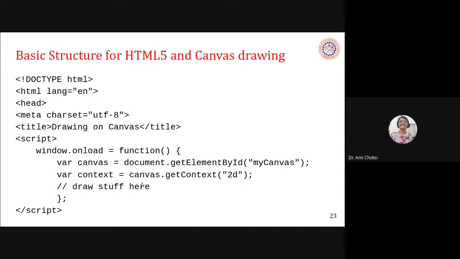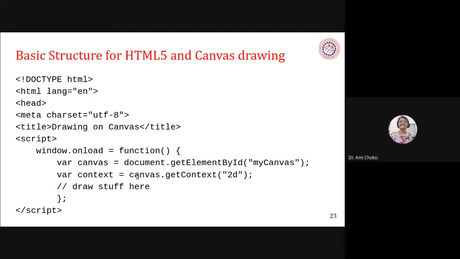Later we will use the same name, right? So let us consider we are initializing two variables. One is our canvas and second is our context, right? So var canvas is equal to document.getElementById myCanvas. Second is our context, that is equal to, that is our environment, right?